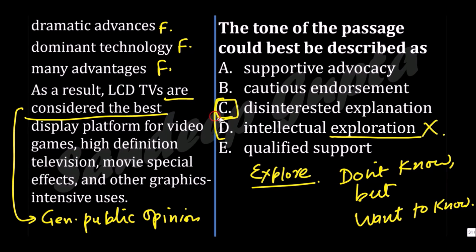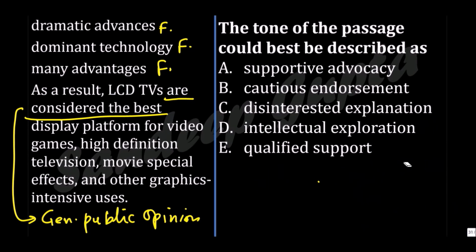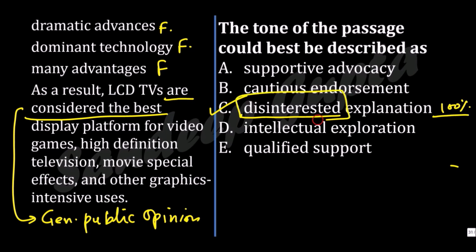But if you chose it by intuition that, oh, disinterested is a negative word, so this can't be the answer, that is intuition. We know that disinterested is a completely neutral word. It means objective, scientific, unbiased, and not taking any sides. So absolutely, this is a scientific kind of passage. The author is not taking any sides because the author does not have any emotion or any opinion in it. Absolutely 100% perfect answer. Although once again, I'm saying this will be very difficult for some people to believe that this could be the answer. That is why follow Octave very, very precisely. You will never go wrong.